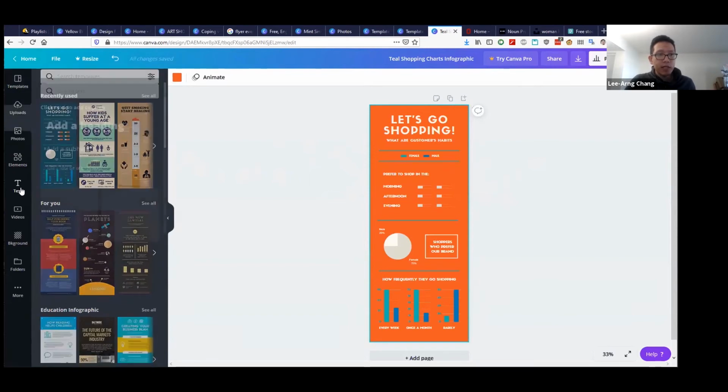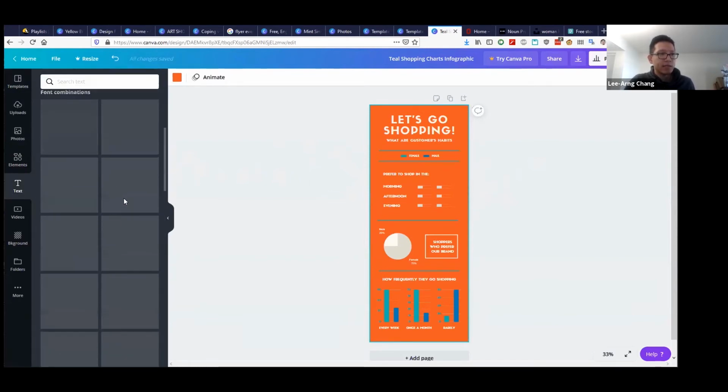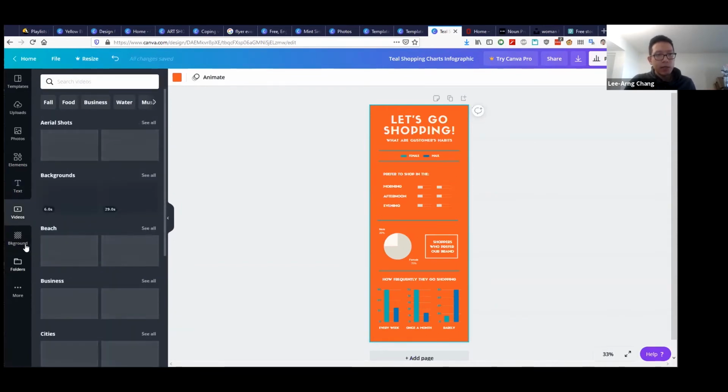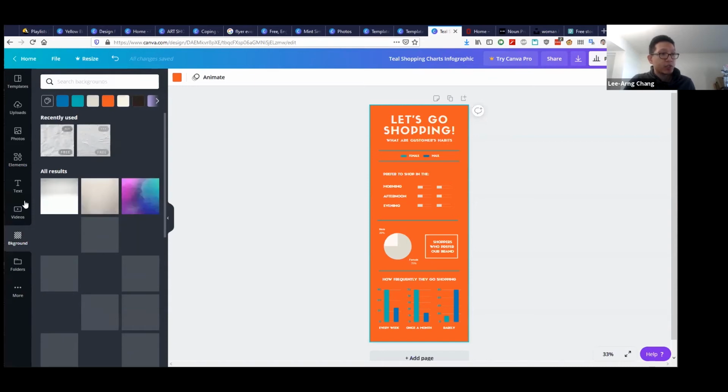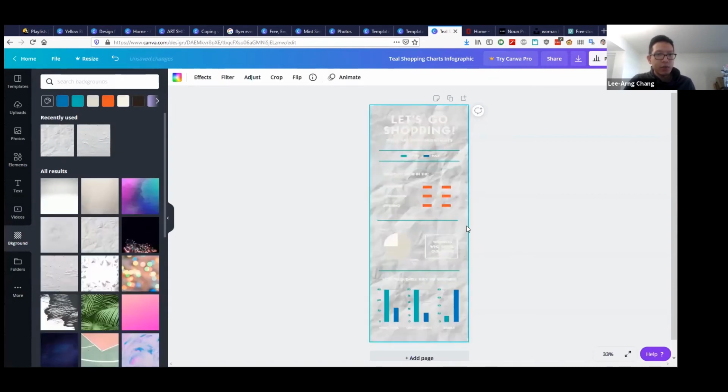So, I haven't really shown you all the aspects of this. You can put in a video, you can add textures and backgrounds to this. So we can definitely add a texture to it and make some adjustments here. Obviously, there are some visibility issues here that we're going to have to clean up if we want to use this particular background.